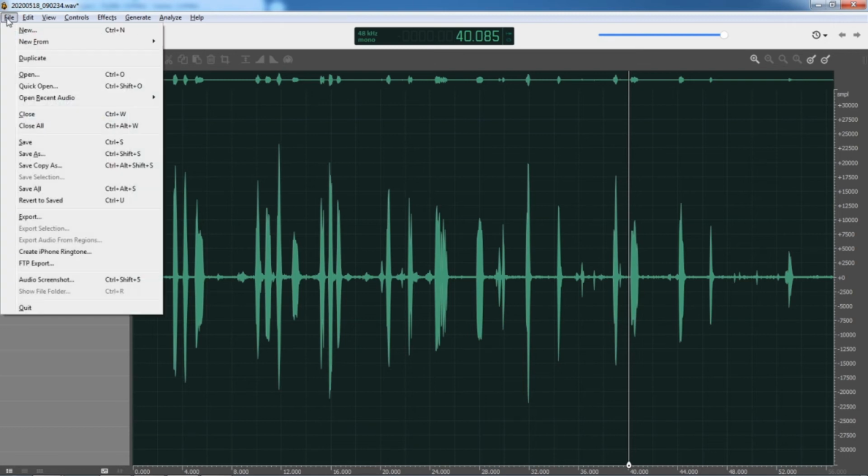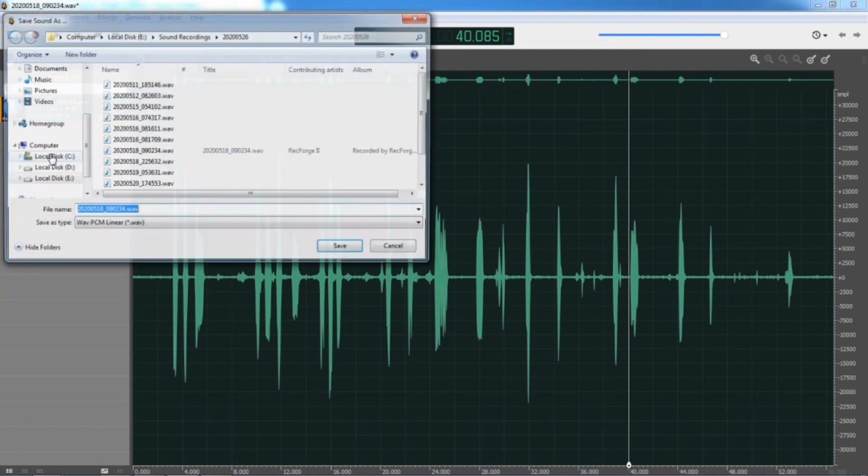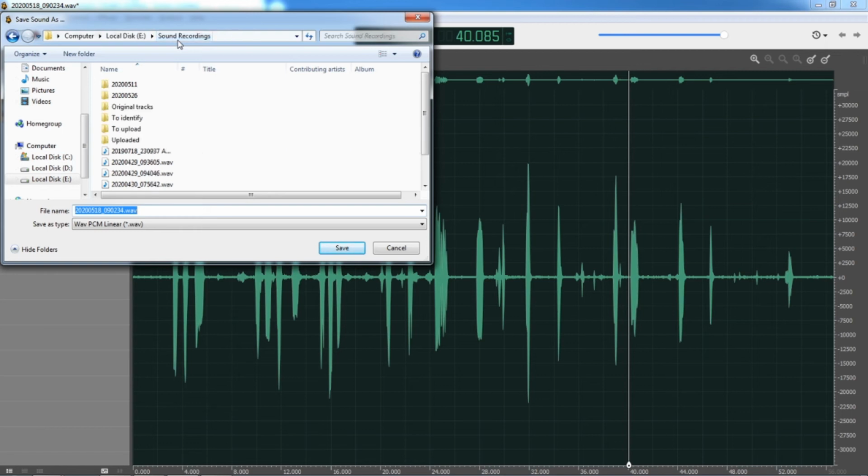Now I'm going to save the file. I usually write the name of the species at the end of the file for my records.